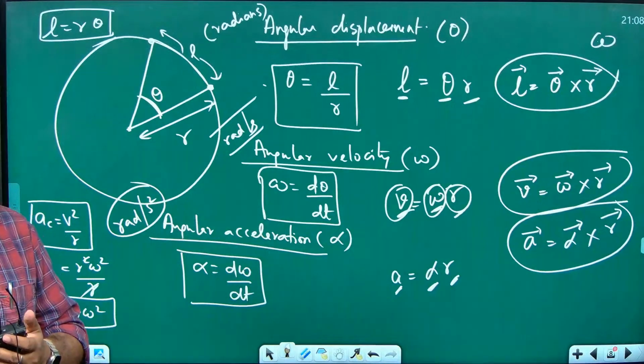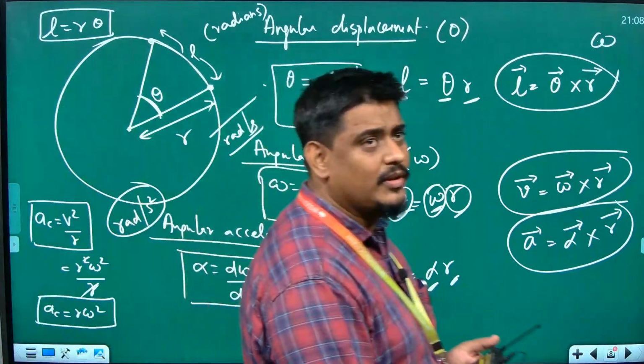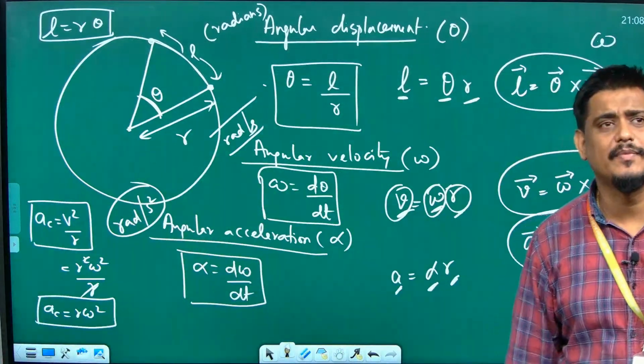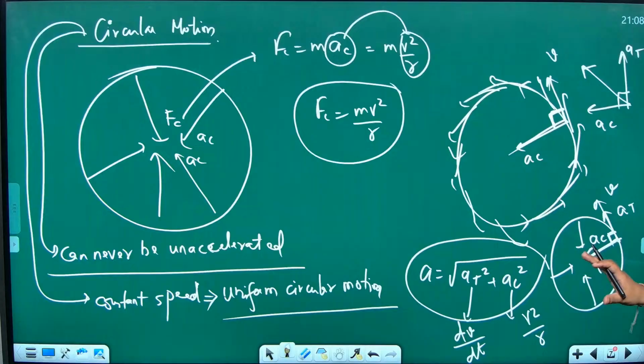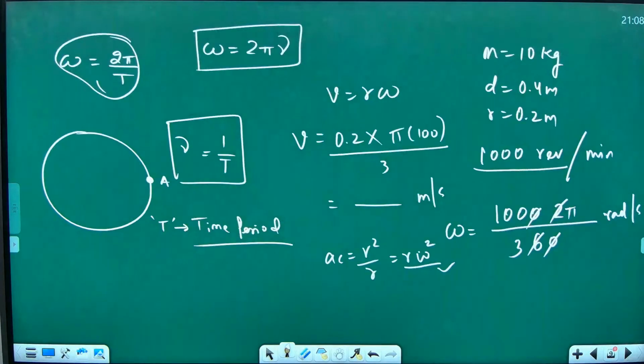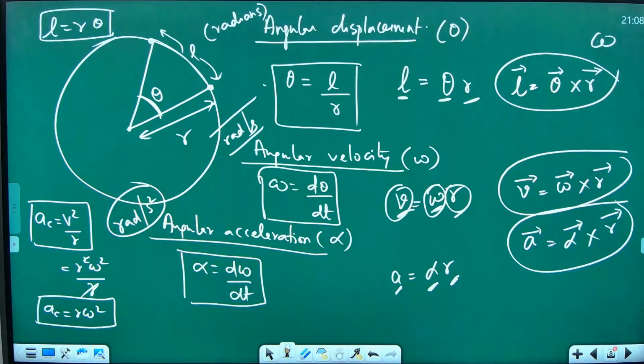Yeah, Srinidhi, are you able to hear me now? Yes, sir. Yeah, tell me what you are saying. The derivations. Derivations, if I start doing now, time is not there for that. I could only explain the concepts of these things, where you learned what is circular motion, uniform circular motion, non-uniform circular motion, and the numericals, how they can come from here. Derivation, what problem do you have in that? Which derivation do you have a problem with?